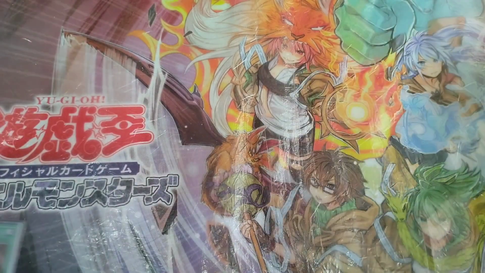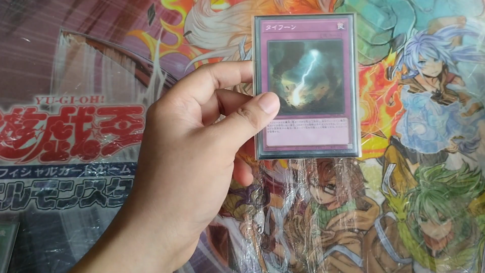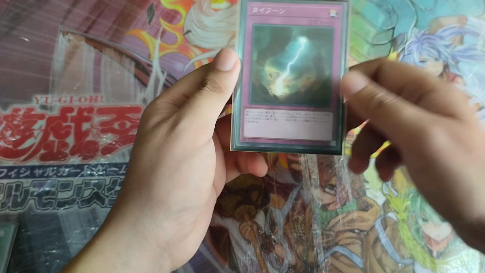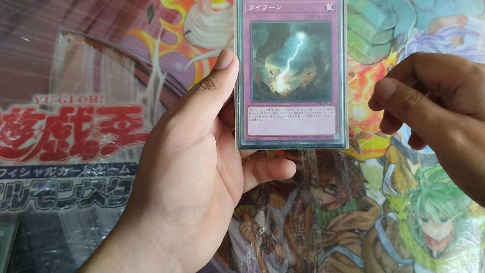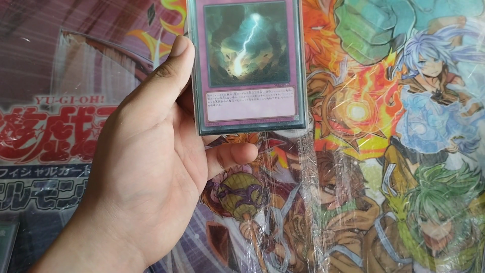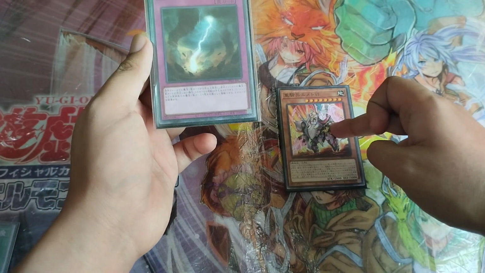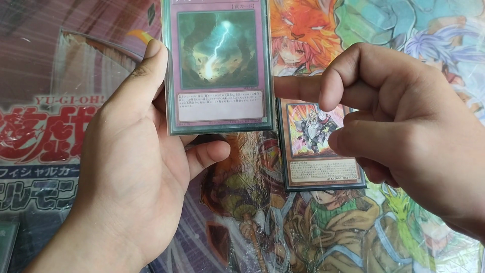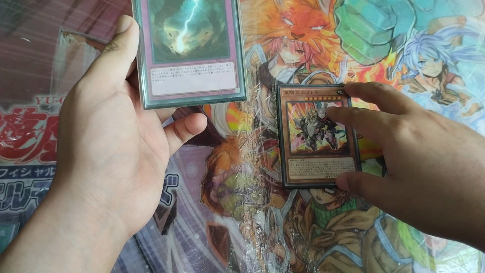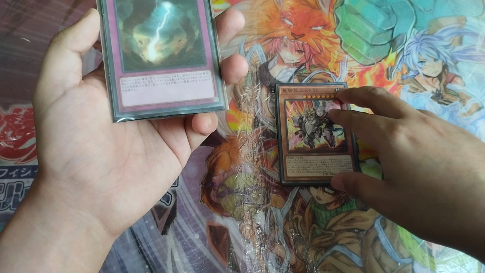Moving towards the number 2, we have the Typhoon. So Typhoon is one of the cards that I am really hyped about on playing right now. I think Typhoon is one of the best tech cards that you can play on the format. It's not only an answer to Centurion, which is used to specifically counter the Centurion with this rising popularity of Typhoon. It is used to out the continuous traps of the Centurion,